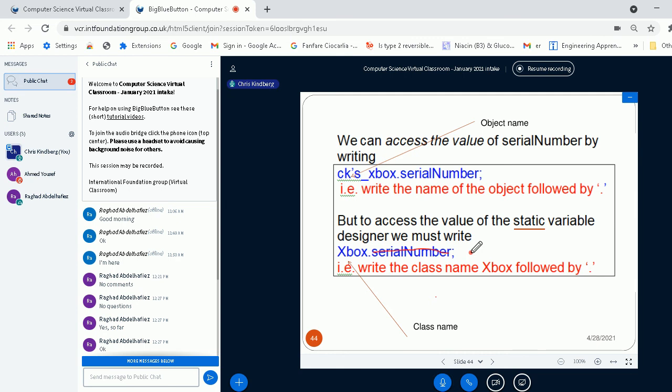So I might not bother. Oh, it's so difficult to do joined up writing here. I'm going to try. So hopefully you can read that. Designer.